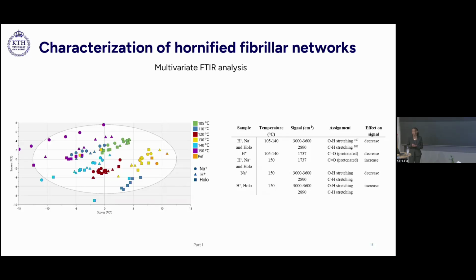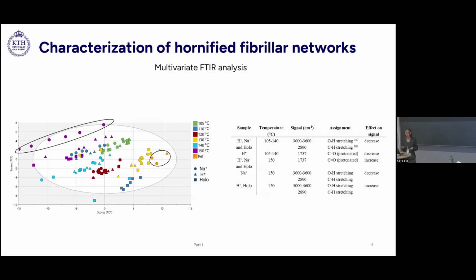We then employed a multivariate FTIR analysis with the help of Mats Josefsson and Olof Svensson at AstraZeneca, and this was to evaluate the formation of covalent bonds as a consequence of the heat treatments. In short, the process is based on projecting the spectral data onto a coordinate system of reduced dimensionality, which is then described by certain latent variables. These variables describe the most extensive variation between the samples, and this is visualized in a score plot.